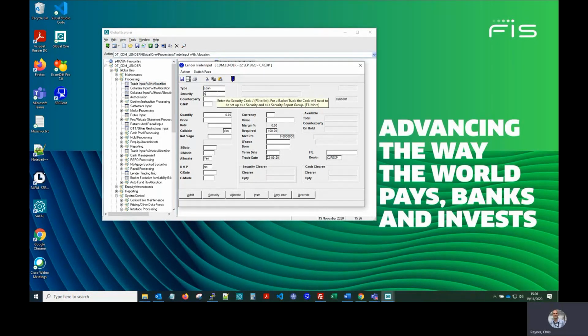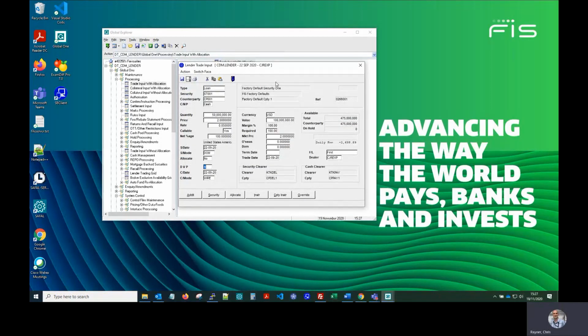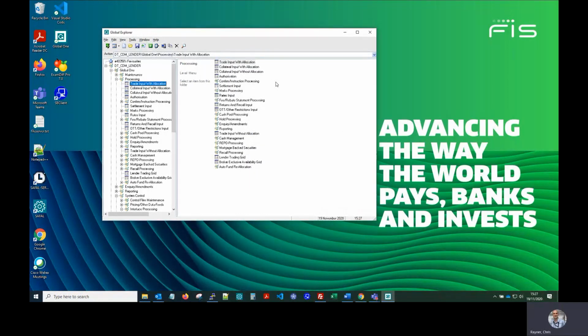And we're just going to use a dummy security, dummy counterparty set up as cash, and we'll do 50 million shares. Not too worried about the benchmark rates, just put a rate in there. And we're going to perform the allocations ourselves, not going to auto allocate. So we'll give 20 million to the first trade, 10 million to the second, 15 to the third, and the remaining 5 million to the fourth trade. So remember, we're going to set this as DVP. There we go. And so let's post that. There we go. We've now created our trade.